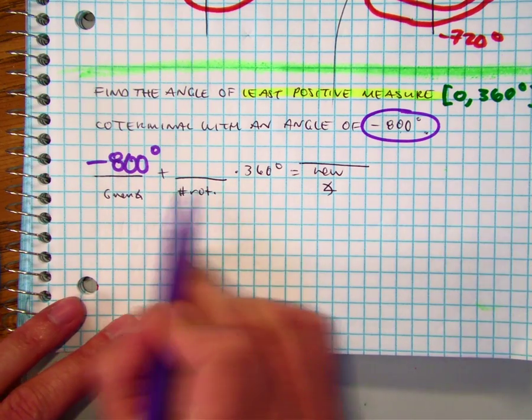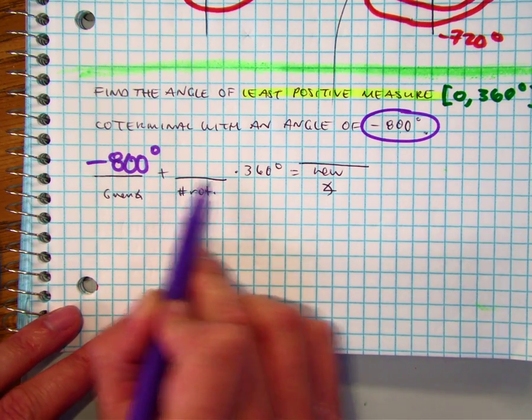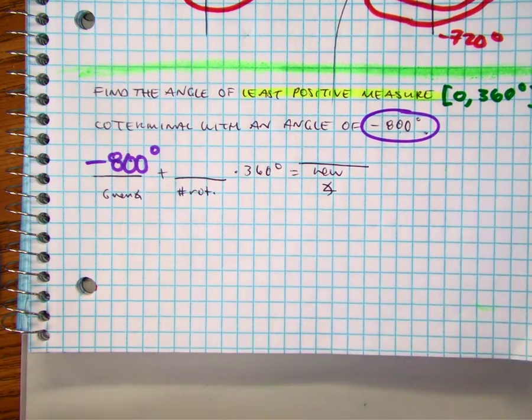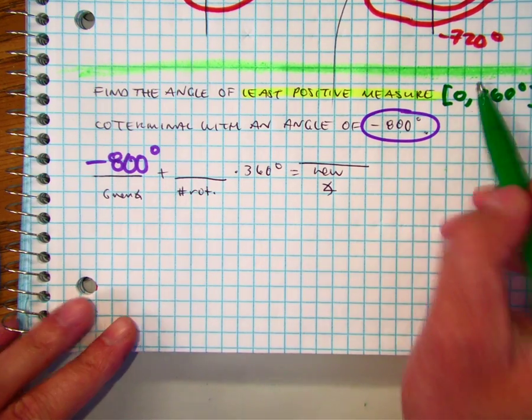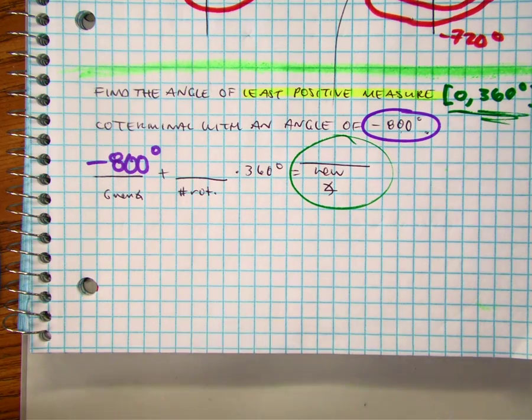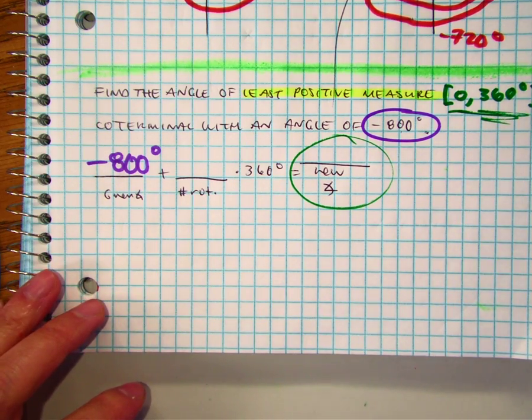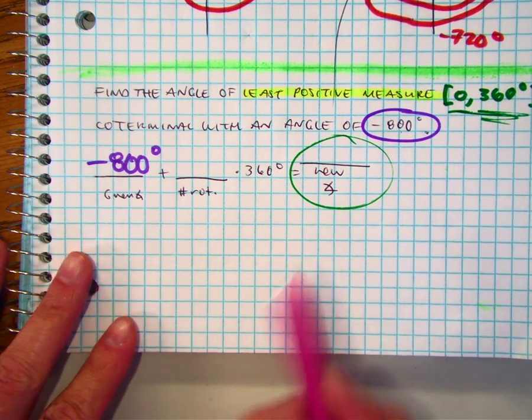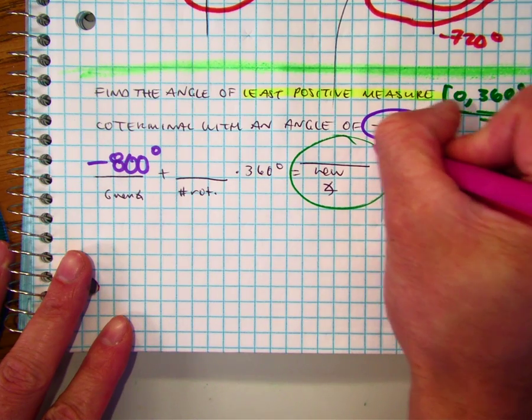I'm not quite sure how many rotations I'm going to have, but I know my new angle is going to be between 0 and 360. To simplify, you're just adding or subtracting 360 degrees. So if I add 360 degrees,